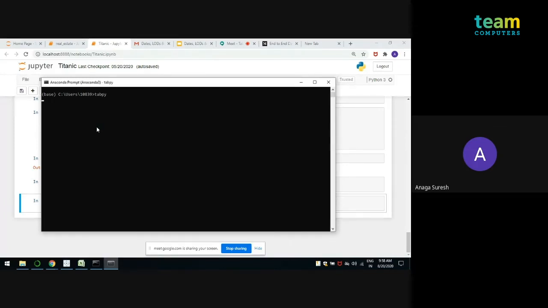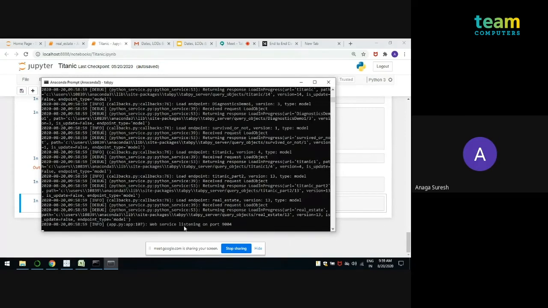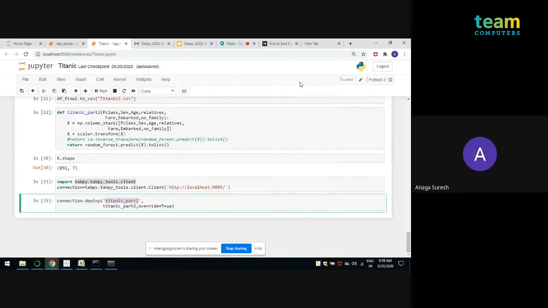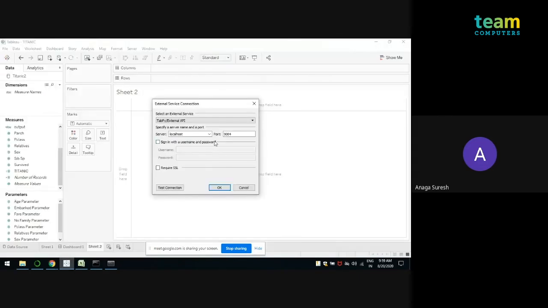Yes, the web service is listening on port 9004. If you have written it on any other platform, like the local system, you can run it in CMD as administrator, or if you have written it in Jupyter Notebook, you have to run it in the Anaconda prompt.